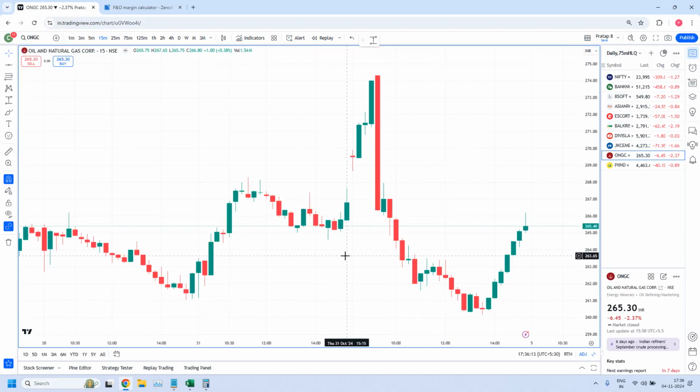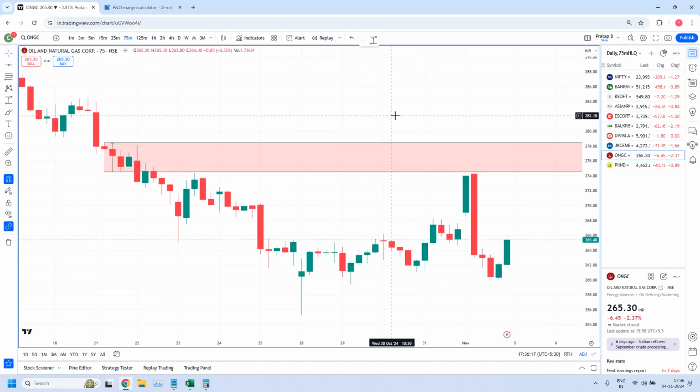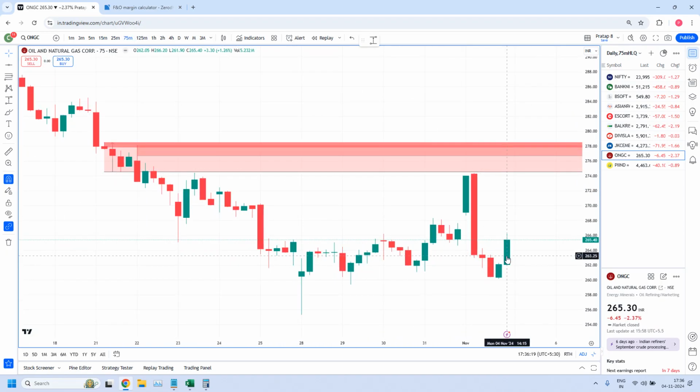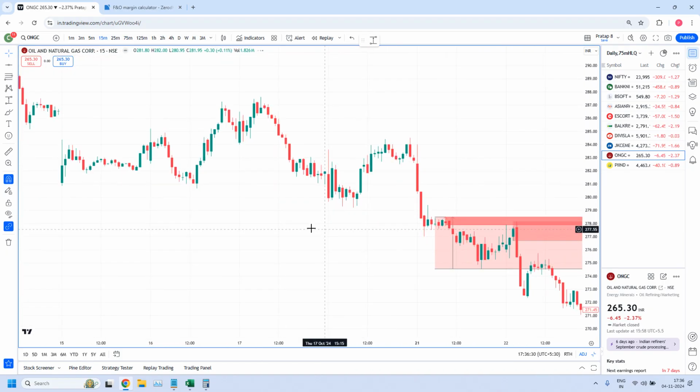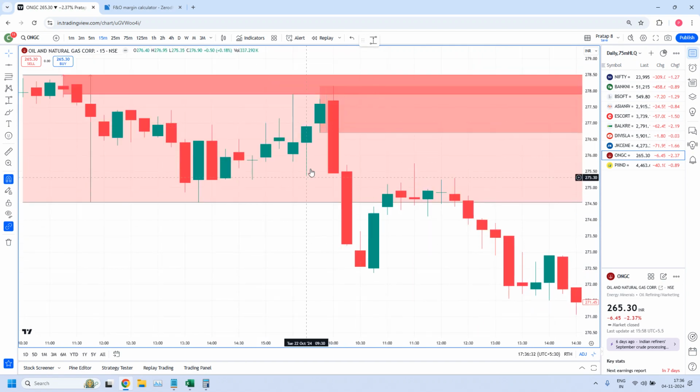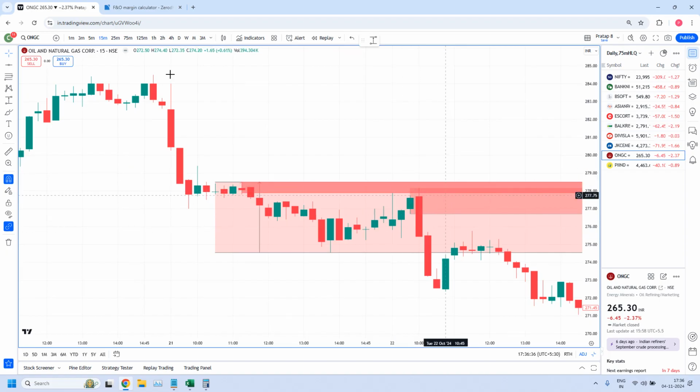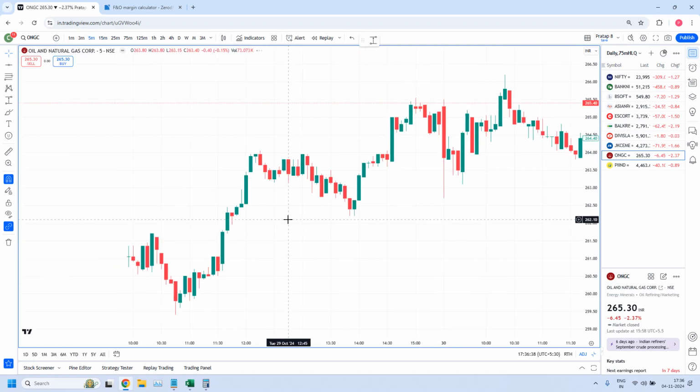Next one is ONGC. This is also a 75 minutes high liquidity supply zone. And we didn't get a trade today. Prices went up in the morning to this zone, but not into the fine-tuned area. Okay, how did I fine-tune? Go to the 15 minutes time frame. Here a 15 minute zone, you have a failed ERC leg-in, you have a base and drop. Within this 15 minutes area,